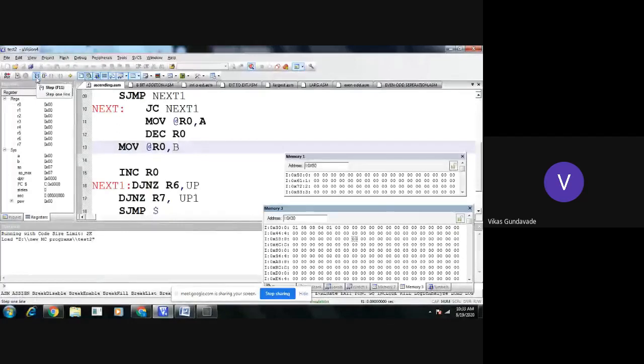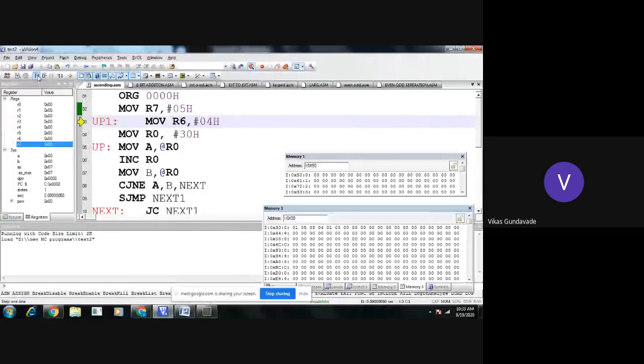Here first R7 with 05 count, R6 with 04 count, then move A comma @R0. So R0 is pointing to the 30th location, and the content 01 from this location is available in the accumulator. Now R0 is incremented. Then the second number, 05, is available in the B register.